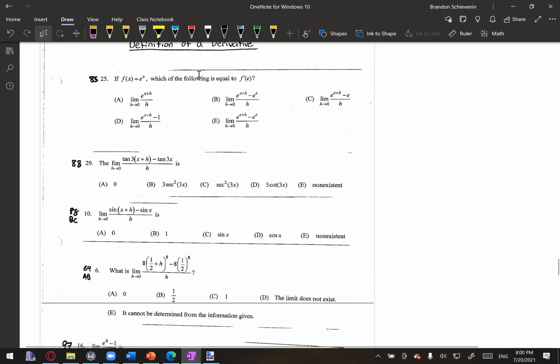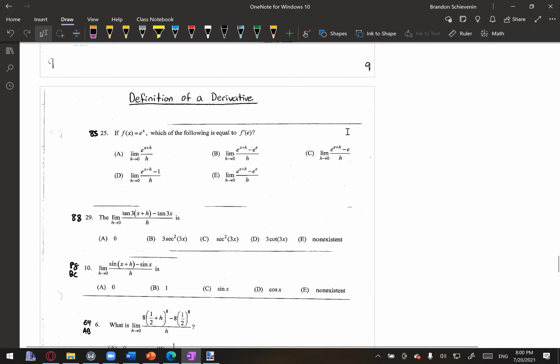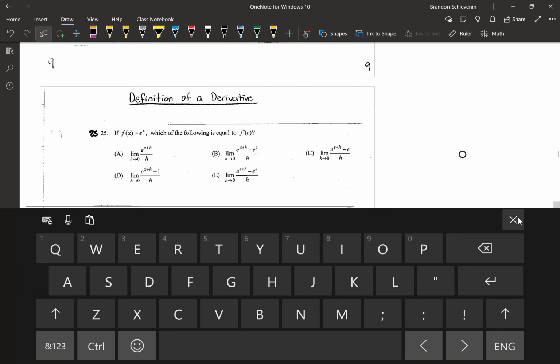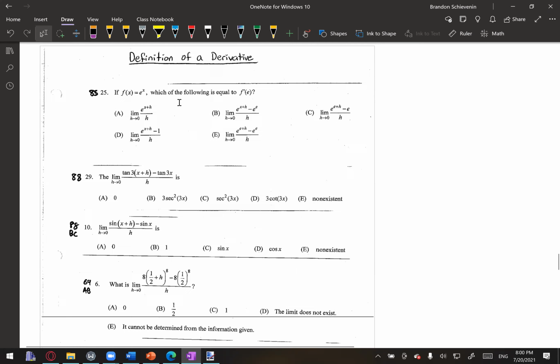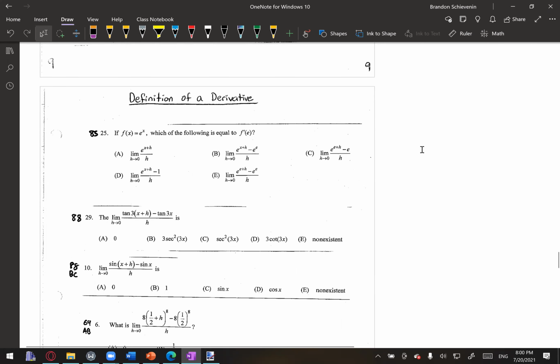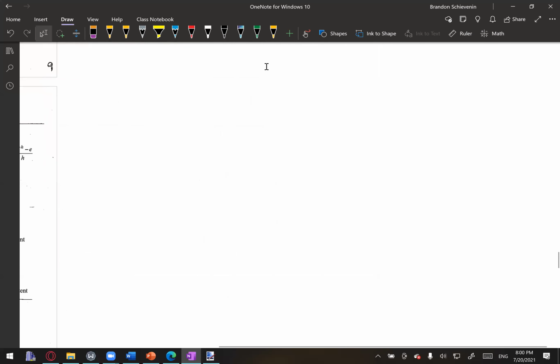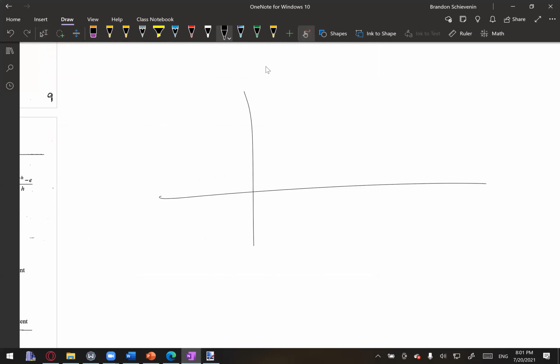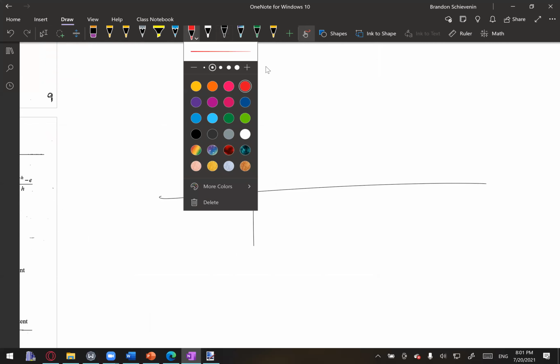Okay, definition of a derivative. Are these ones you mean or not? Yeah. Okay, so let me talk concept first. So way back at the very beginning of pre-calculus, we defined our derivative like this. So if we had a function that looks like this